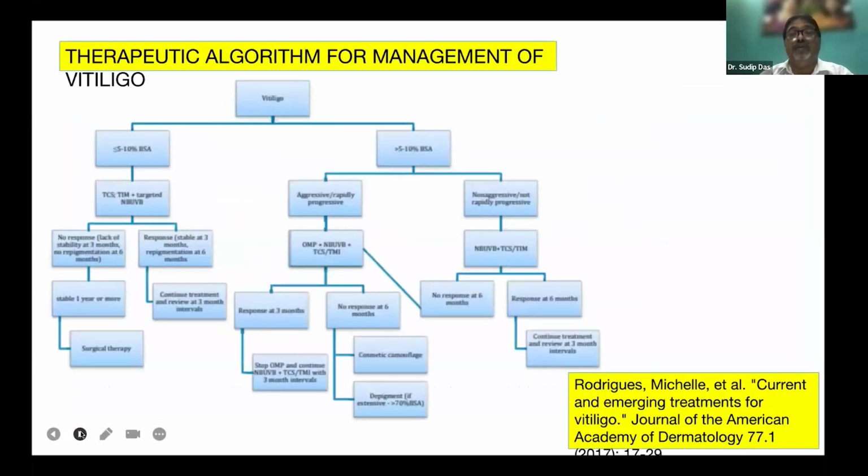So the therapeutic algorithm for the management of vitiligo, you can go by this algorithm or you can find your own algorithm. There is no other thing, but this algorithm still contains the oral minipulse, which we are still proud of. It was found, not developed, by EMS, and then all the sahibs or the Gora Chamras started to emulate them, till now ruxolitinib and ritlecitinib are coming